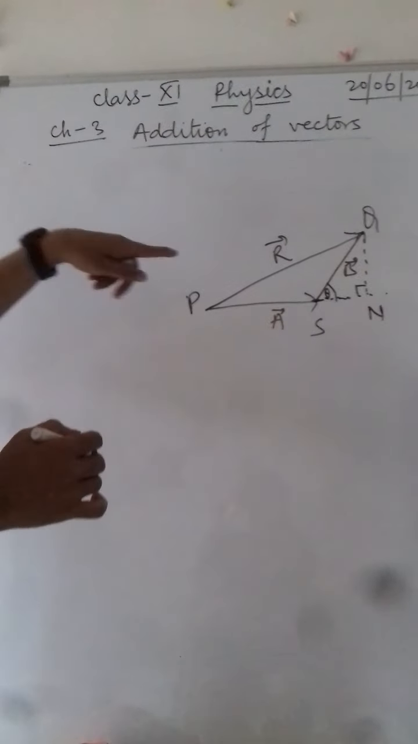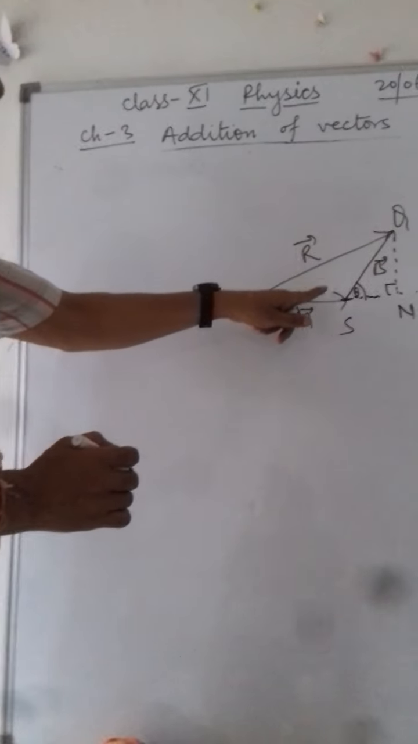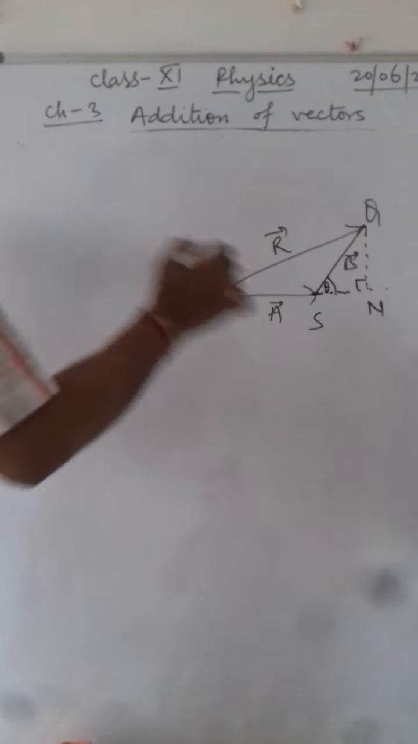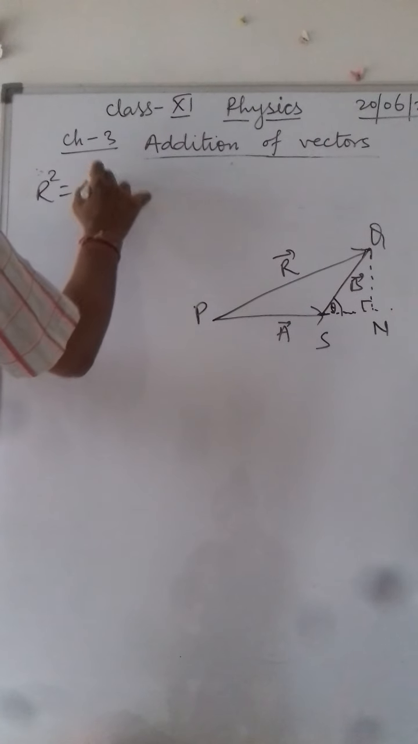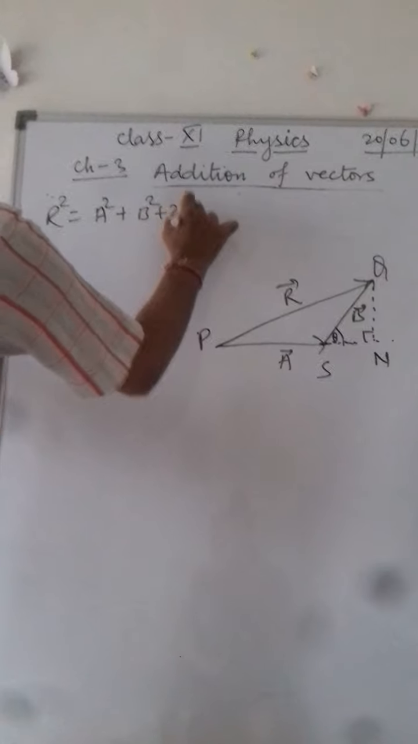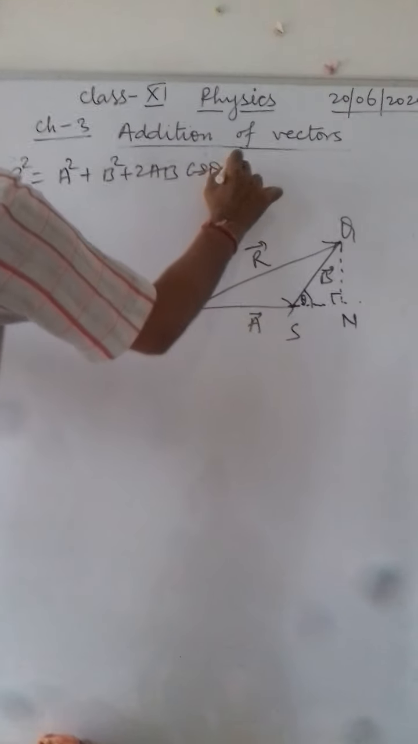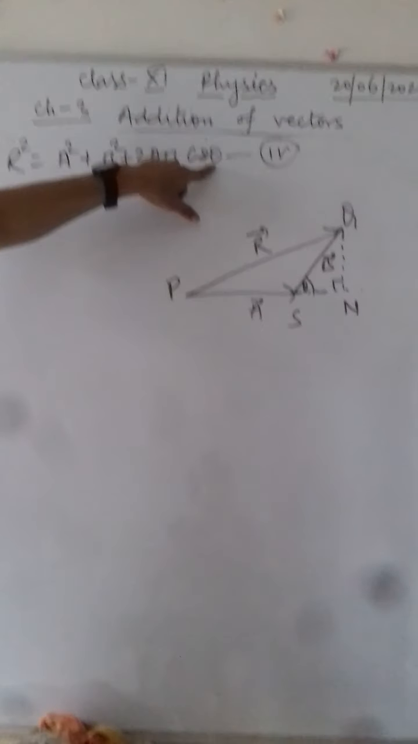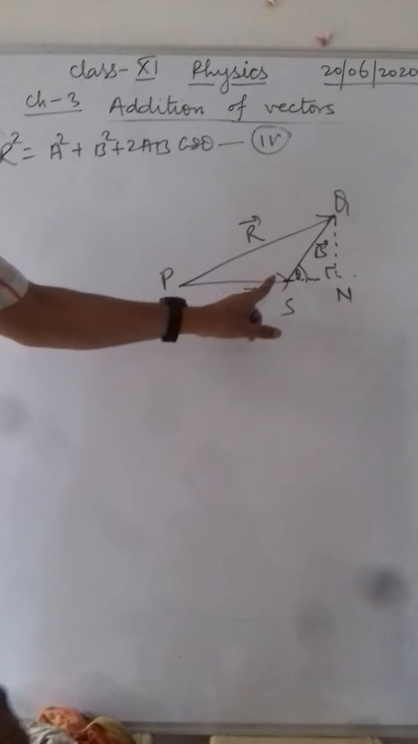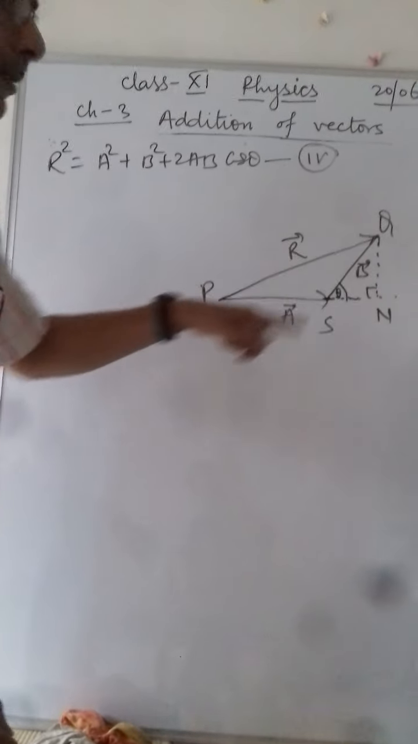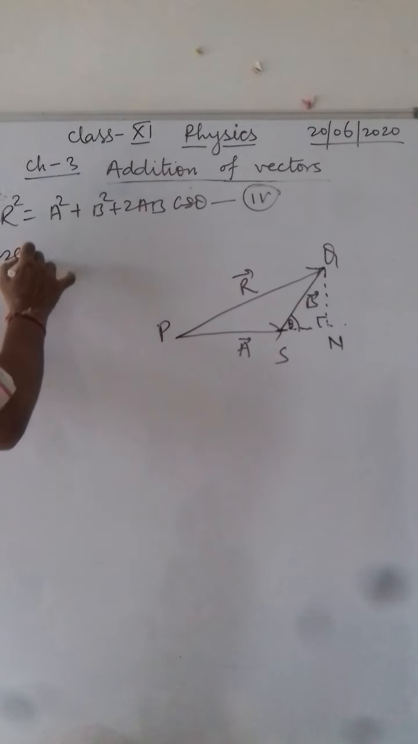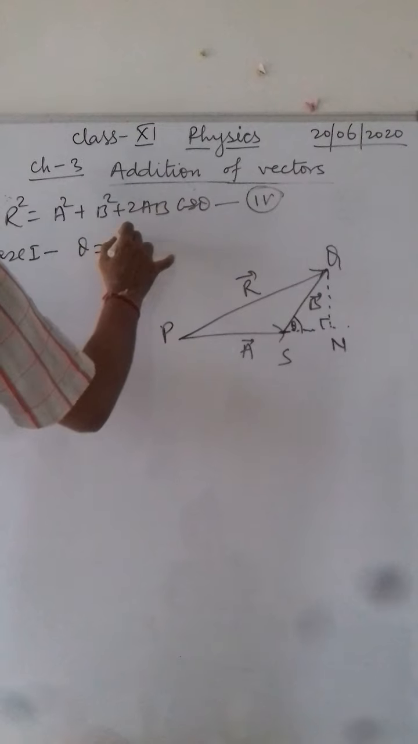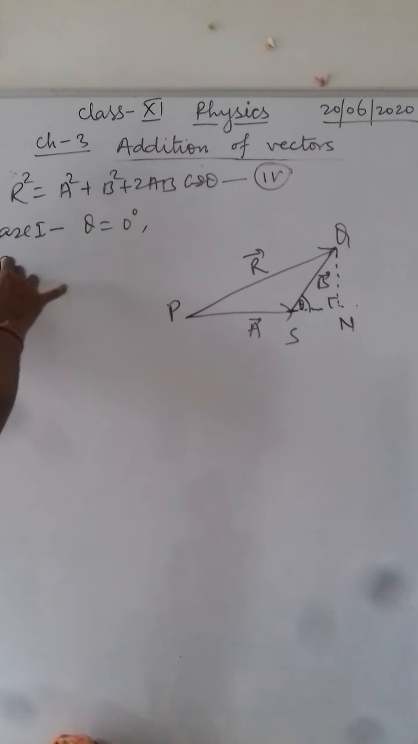As we know, the vector addition law of two vectors by the triangle method is R square equals A square plus B square plus 2AB cos theta. This is an important equation in which we can assume different cases by the different values of angle theta, that is the angle subtended between two vectors A and B. Case 1: theta is equal to 0 degree, then we can find R square